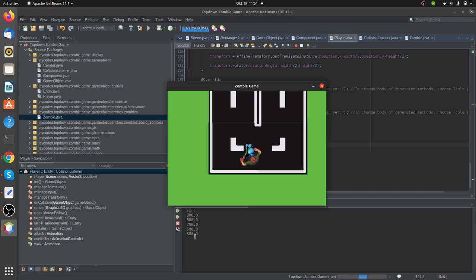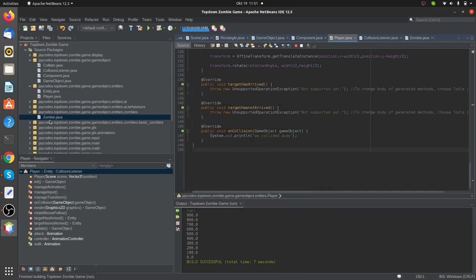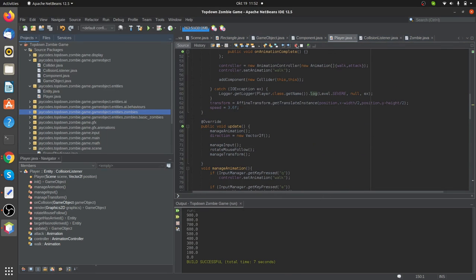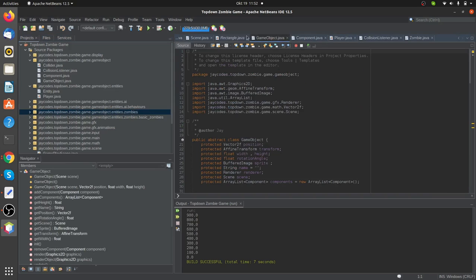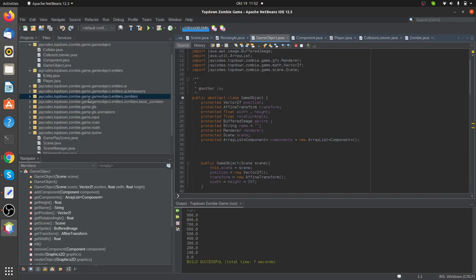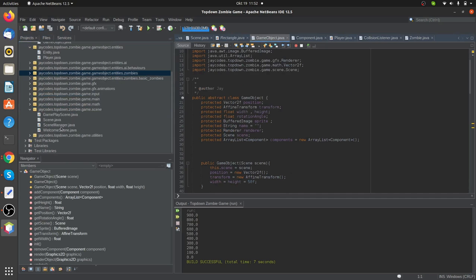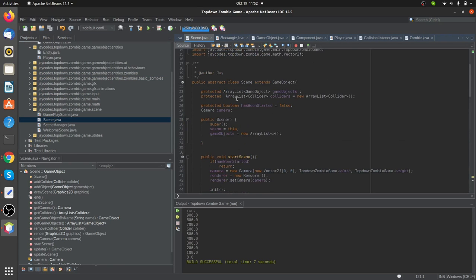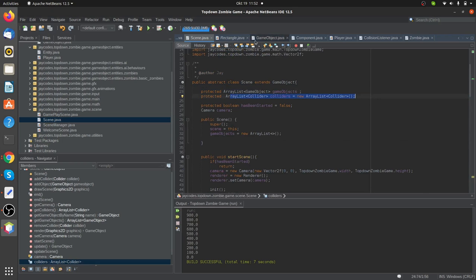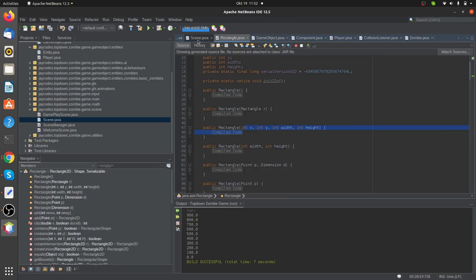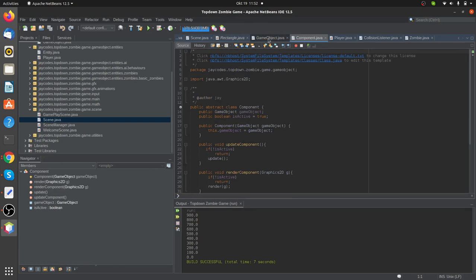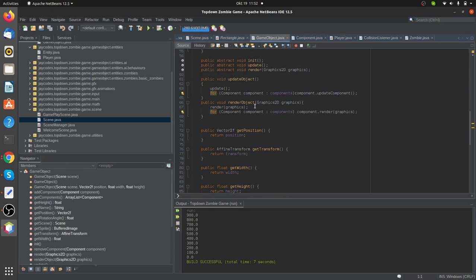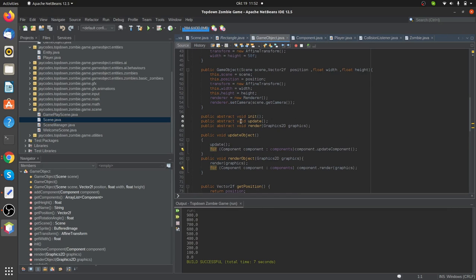okay, it's not debugging that, so let's go ahead and fix it. The reason is that even though the component is attached to the game object, we're still not adding the collider. Remember earlier on we created inside the scene class something called a colliders list. We're not adding any collider to that list, so in order to fix that, we simply need to go to the game object class,